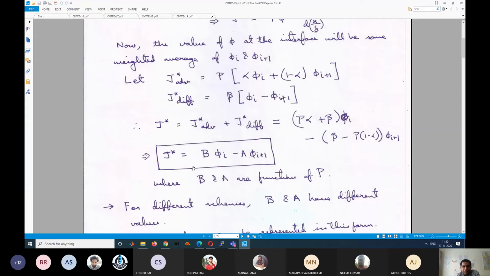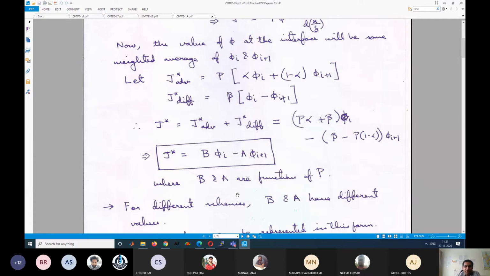So for different schemes, we can define what the values of B and A are, that is, the functions of B and A as functions of Peclet number, which should be fine. This is just for deriving, but ultimately our aim was to find this equation: J star, the non-dimensional flux, is a function of phi I and phi I plus 1 in the form B phi I minus A phi I plus 1, where the coefficients B and A are the different weights and depend